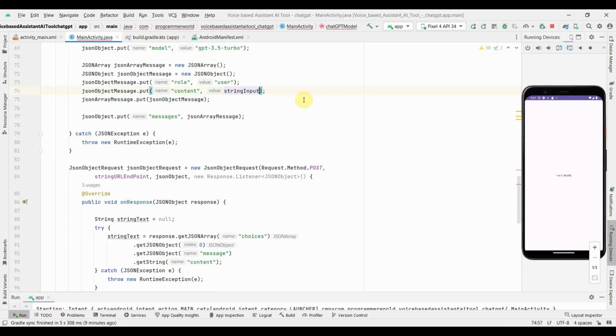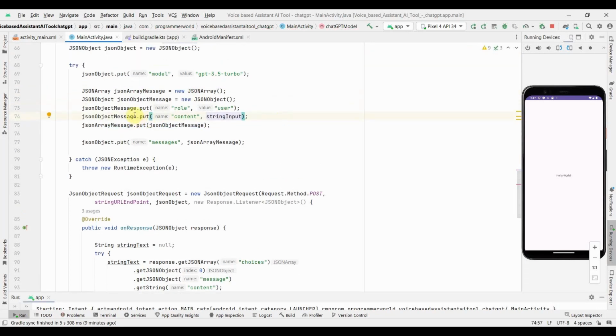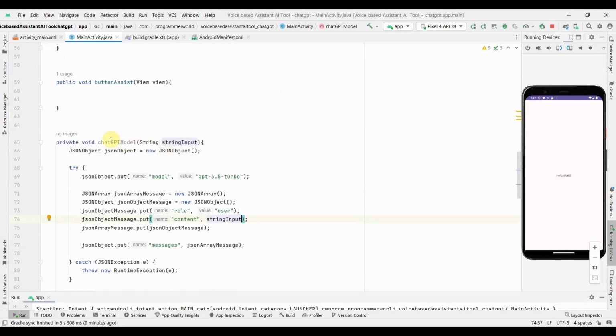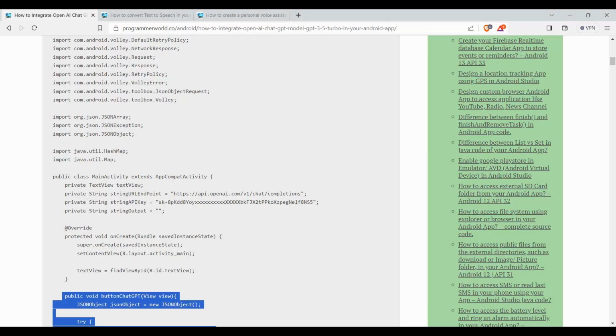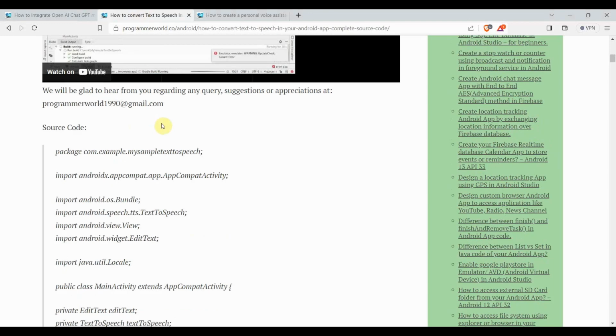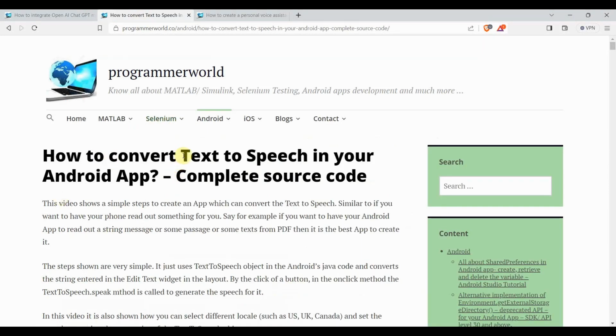Okay, so here it goes as this input at line number 24. Earlier I used to hard code it in the earlier demo, but here I will take it as an input to this particular method, and this method I will call from somewhere. But now let's quickly go to step number 2,